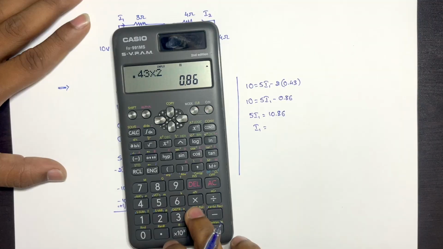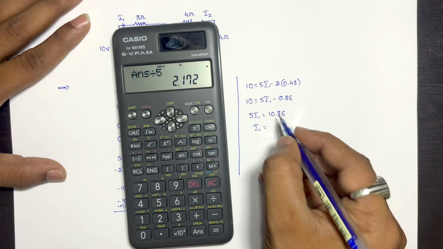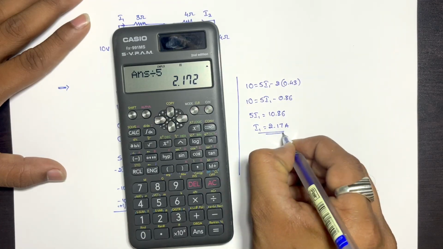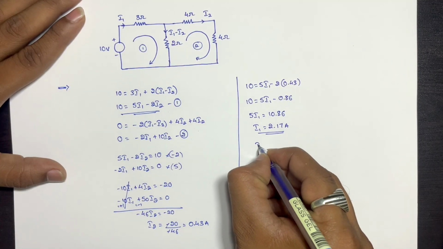I1 is equal to 10.86 divided by 5, that's 2.17 amps. This is the value of I1 and I2,